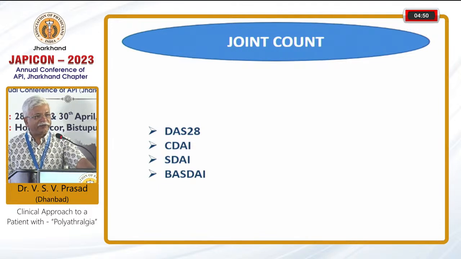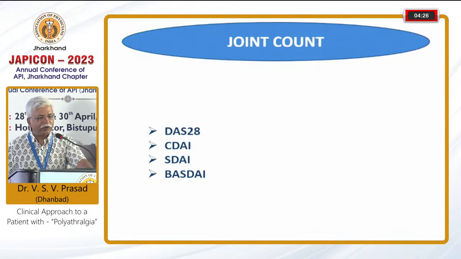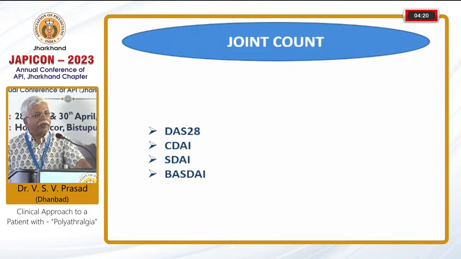While doing a physical examination, these days we do something called a joint count. When you're physically examining the patient, you need to look at how many joints are swollen and how many joints are tender. These are very easy to evaluate. They are very visible to the eye. So you count the number of swollen joints and you count the number of tender joints and you could mark them. And then you could use this information in a formula called the DAS28, which helps you to calculate the